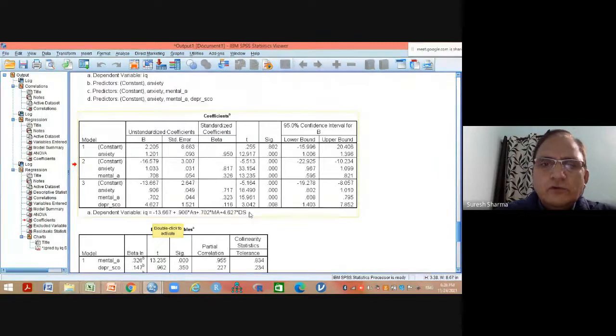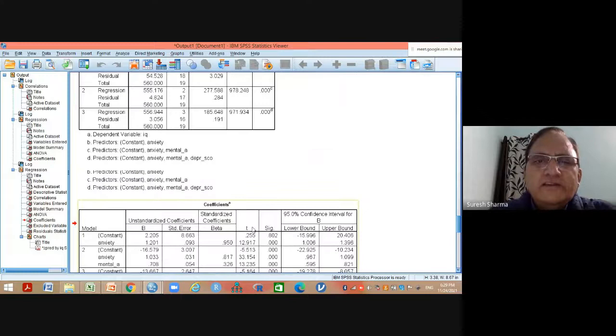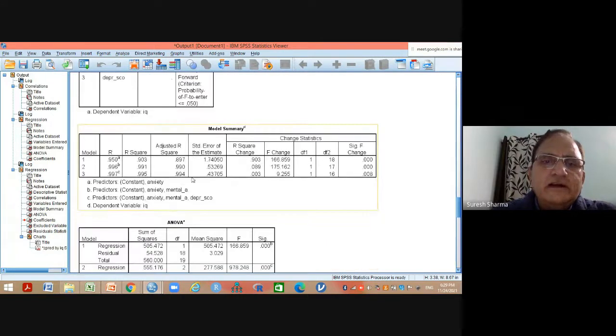Right? So you are going to report the value of R square, adjusted R square, value of ANOVA table at the last step, and this equation. That's it. Nothing else. You will not have to explain all the excluded variables. You can write down that these variables were coming out to be non-significant in the model. So we applied stepwise regression and the final model is this. Okay. Now, what is the difference between R square and adjusted R square?